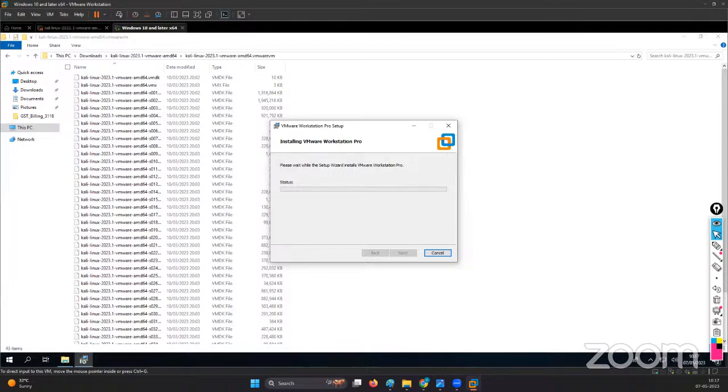Now, if we start your VMware Workstation, you will see it will look something like this. Here you will see you are getting the options to create a new virtual machine, open a virtual machine, and connect to a remote server. So what we will do,